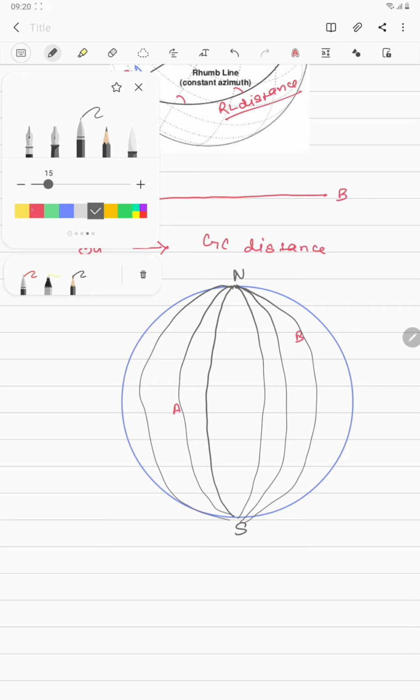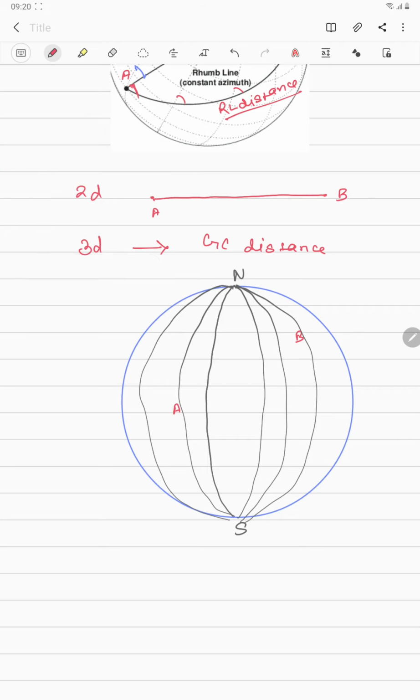Now when I travel from point A to B, guys, if I want to take the shortest path from point A to point B, I'm going to take the great circle. I have told you a great circle is a circle which divides the earth into two equal hemispheres, and it has the same center and radius as that of the earth. That is the definition. On the surface of earth there will always be one great circle passing between the 2 points. Remember that. I have told you this point in my previous video on the great circle, so please watch my previous video and you will have a better understanding.